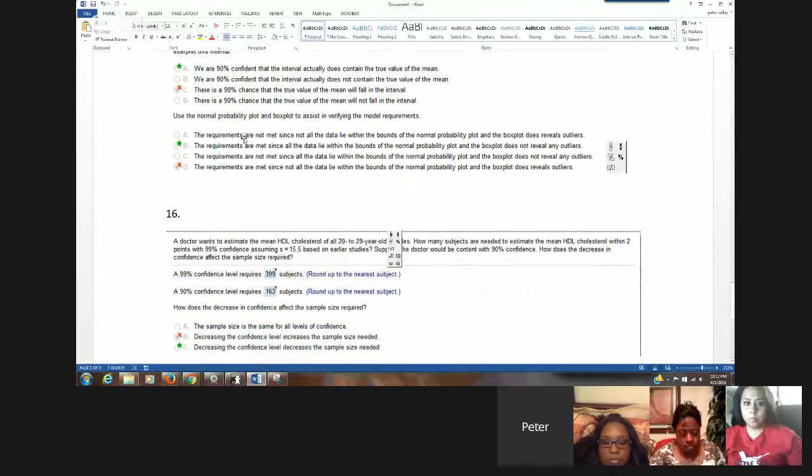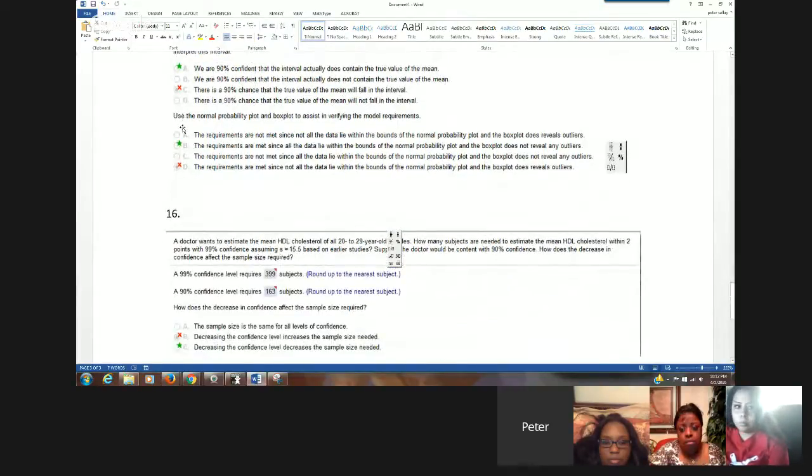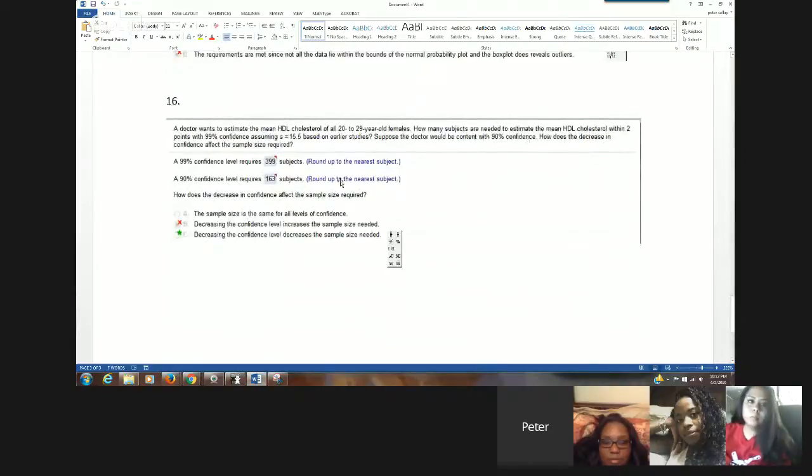And then the last part, the normal probability plot and box plot. Okay, so I didn't copy the picture over. But if you click on this little icon, it's going to bring up a box plot of the data and the normal probability plot. And we just have to verify that it behaves normal. There's no outliers in the box plot, and it has a nice normal shape to it, the way we'd expect. Anyway, I'm not going to show that just because I didn't think to do that. All right, and then lastly,